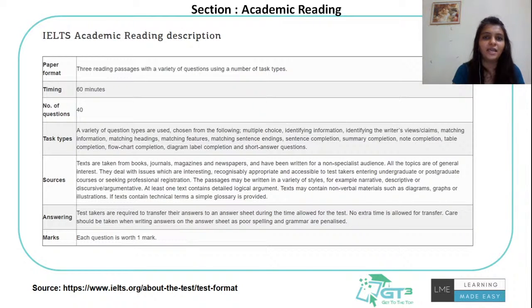What is the main agenda of this reading is, they would give you passages and you have to find out the answers from the passages itself. They are just paraphrasing the question's answer. For example, if you are doing true or false or not given, then the same answers you have to find in the passages. You do not have to make up the answers, you just need to find the paraphrasing of the question in the reading passages.